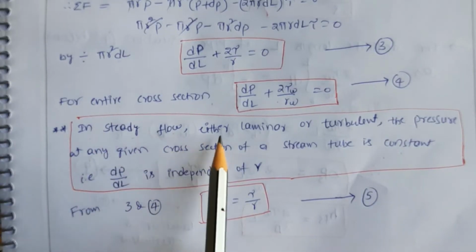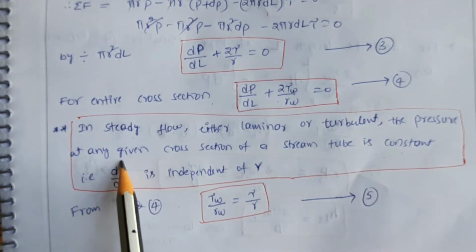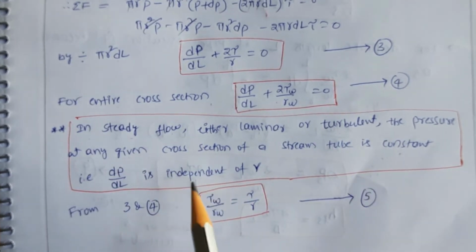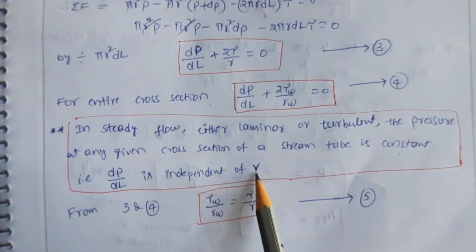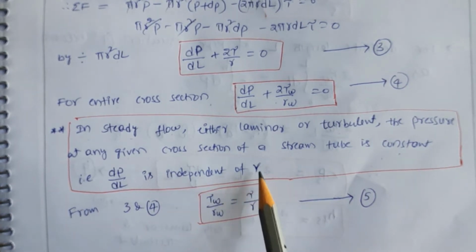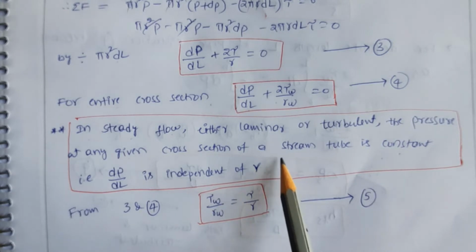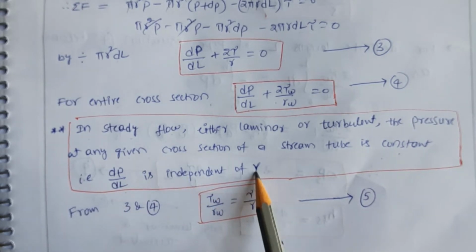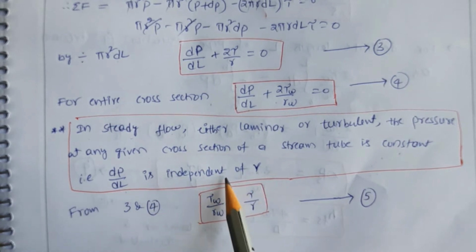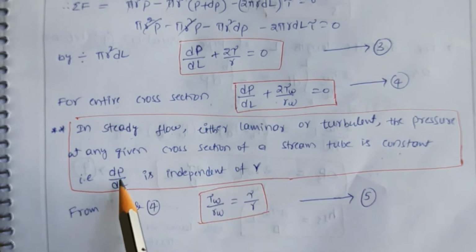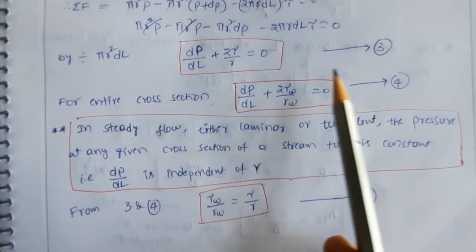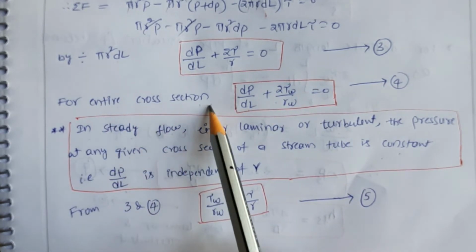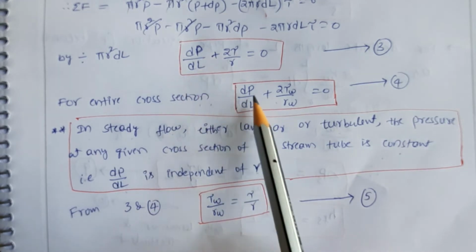In a steady flow, either laminar or turbulent, the pressure drop at a given cross section of the stream tube is constant. For a given cross section, the radius is constant. So for a given cross section of the tube, dP by dl is independent of the radius. It is constant for a given cross-sectional area. So dP by dl is constant. Because of that, for the entire cross section of the tube, this dP by dl